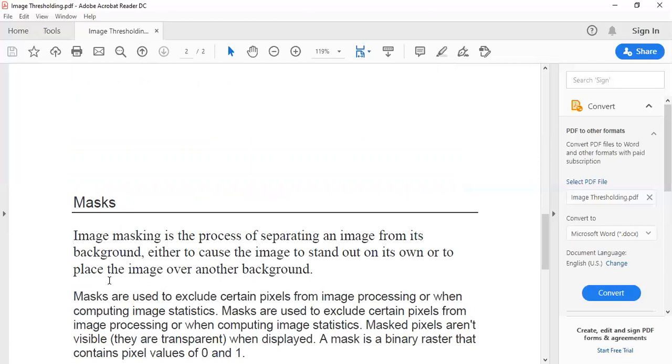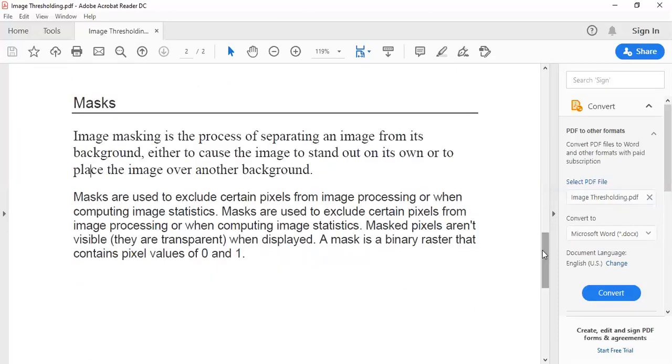What is a mask? Masking is the process of separating an image from its background, either to cause the image to stand out on its own or to place the image over another background. Masks are used to exclude certain pixels from image processing or when computing image statistics.